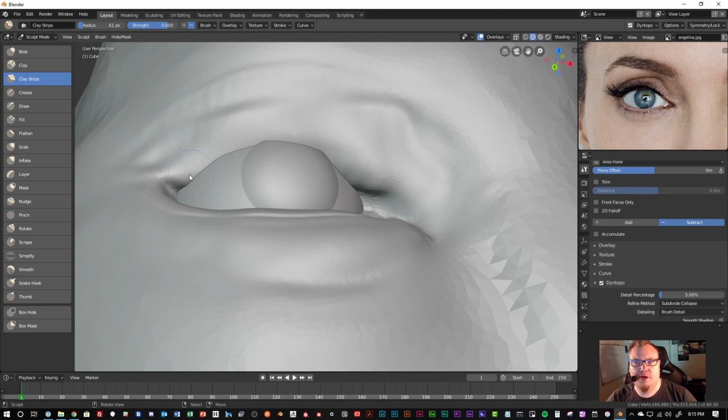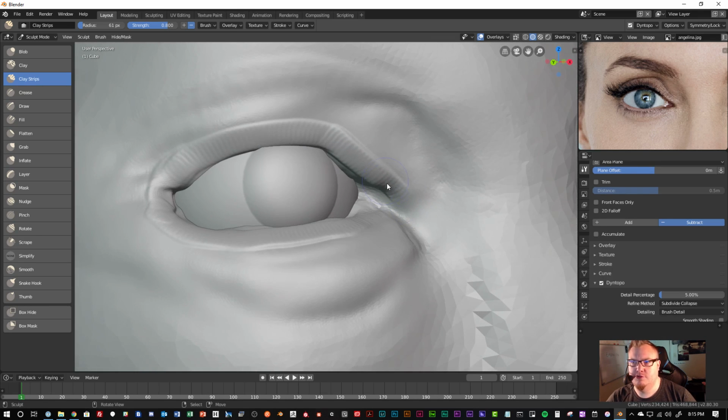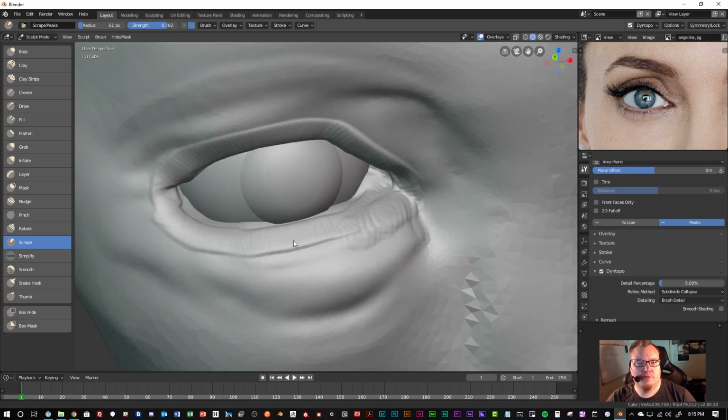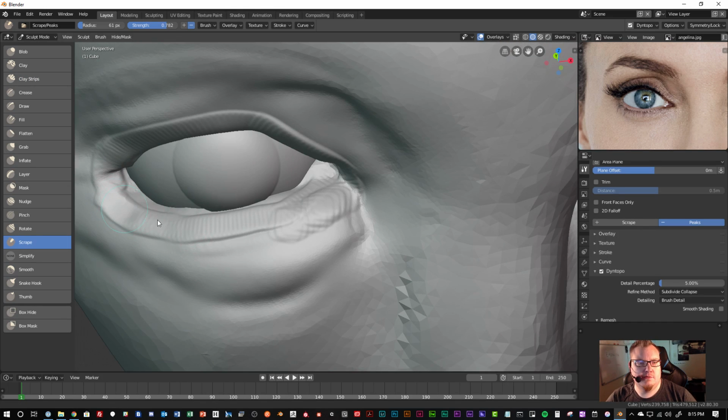And we're going to want that on the bottom and the top. So following around, we're going to want to add that kind of around here. And if you have enough, you don't really need to add in with a clay strip, but just to give you guys some visuals of how this is going to work, I'm going to add those in. And now what we can do is using something like scrape, we can go back in and again, flatten this area back down